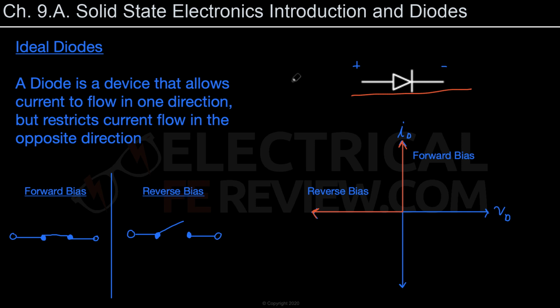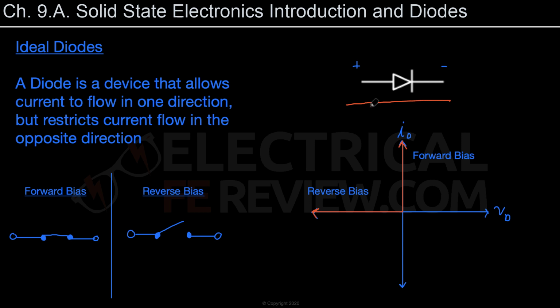Okay, so now we're going to start talking about diodes, specifically ideal diodes. So, what is a diode? Well, a diode is a semiconductor device that allows current to flow in one direction but restricts current flow in the opposite direction. So this is a diode, and this is how it will be drawn in circuits, where the anode, which is the positive side, and the cathode, which is the negative side,